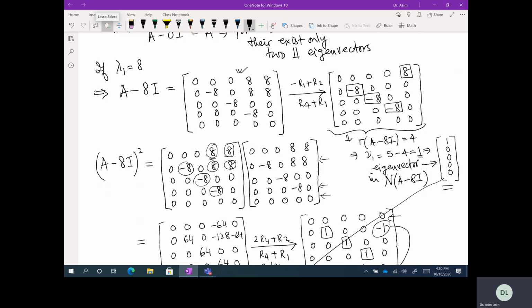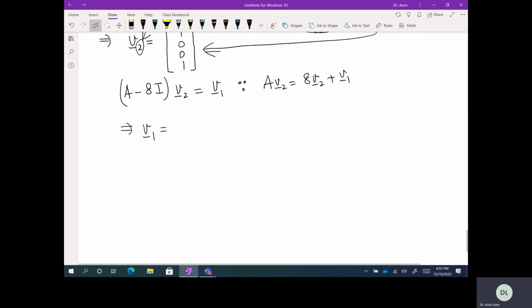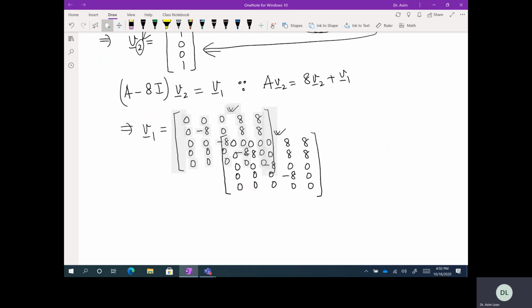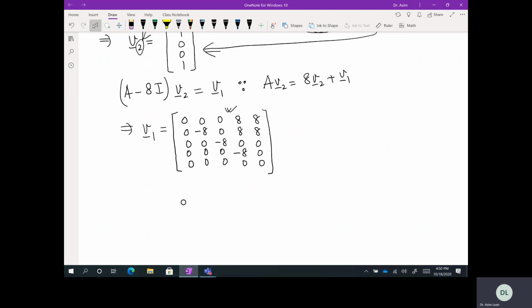I copy this one like this, and then I say copy, and then I say paste. Good. Okay. So this is A minus 8I,